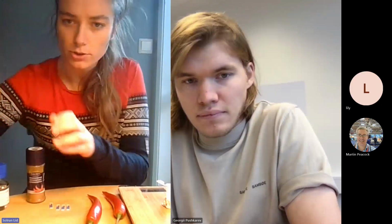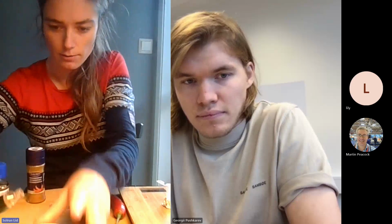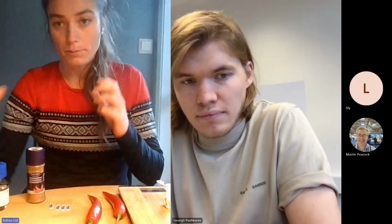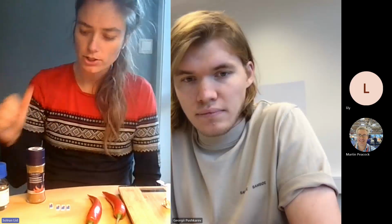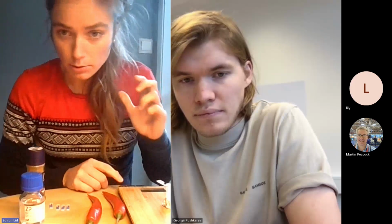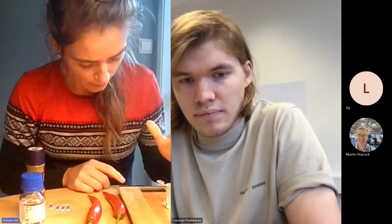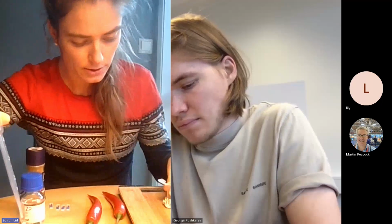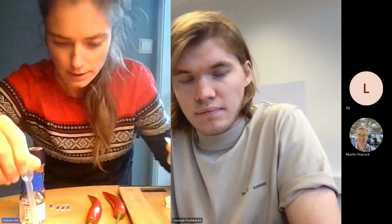So I will just pour some Tabasco sauce into a beaker like that, just so that it's easier to pipette it. And then I will prepare a 1 to 10 ratio. So 9 parts of the chili pop buffer and 1 part of the Tabasco sauce. So what I will do today, I will be using a kitchen scale. And then I will add, so I have a vial like this one, and I will add 1 part of the chili pop buffer, or